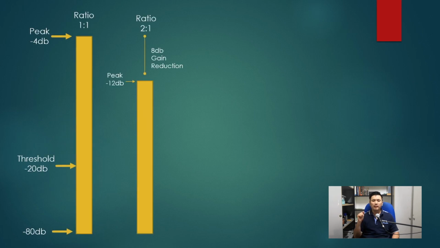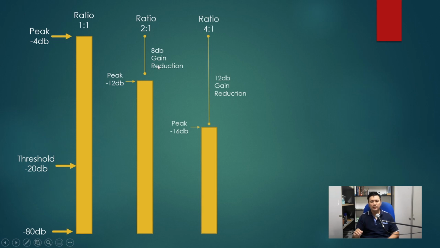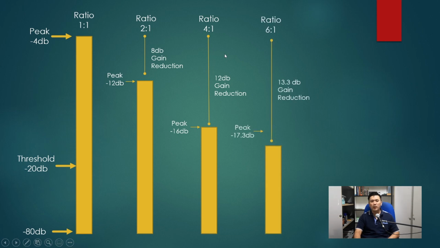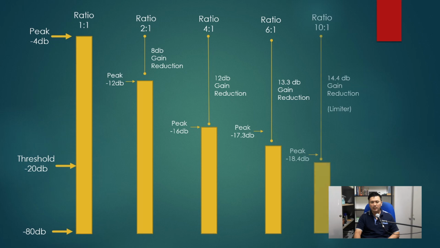But what happens if I set the ratio to 2 to 1? It means for every 2 dB that crosses the threshold, it outputs 1 dB, so half of it. My final output will have 8 dB gain reduction, and my peak will be minus 12 now. From minus 4 to minus 12, that's 8 dB gain reduction. If I set it to 4 to 1, my peak will be minus 16 dB, and I will have 12 dB gain reduction. Ratio 6 to 1, I will have 13.3 dB gain reduction. And if I set it to a ratio of 10 to 1, I will be going into the